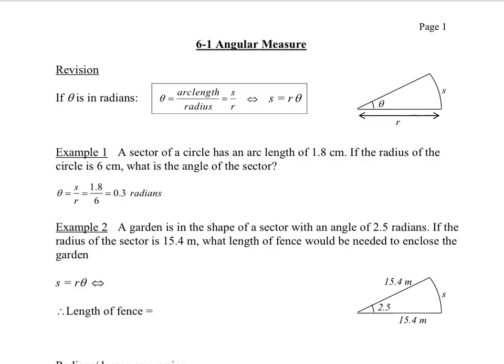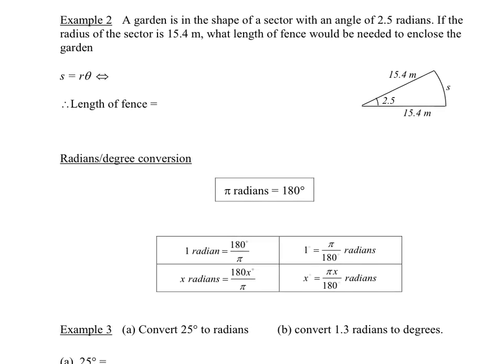Now, in example 2, we're told that there's a garden that's the shape of a sector, in this shape here. We're told that the angle down there is 2.5. What we're asked for is what length of fence we would need to enclose this sector. So it would be this plus this plus this: S plus 15.4 plus 15.4. So we need to find out what S is, but that's easy because all we have to do is multiply the